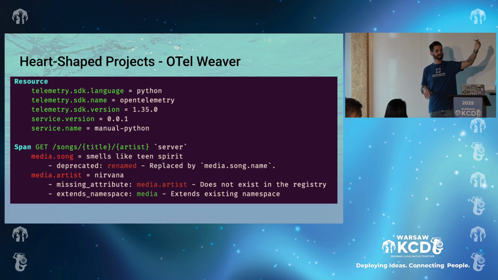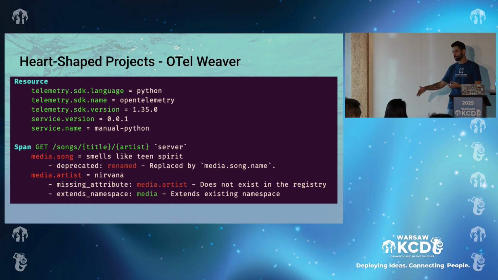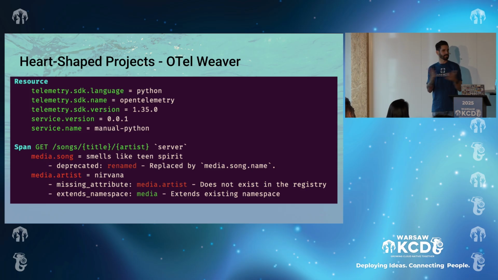So whenever a user is sending a PR, you configure your pipeline to send a request to this new feature, new service, and this service points the telemetry to Weaver, and then Weaver will print out, hey, media song is a deprecated value and should be replaced by media song name, and media artist doesn't exist in the registry. So then as it fails, it blocks the PR from getting merged, and you avoid having non-compliant attributes